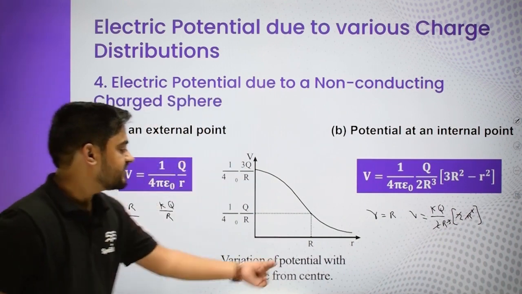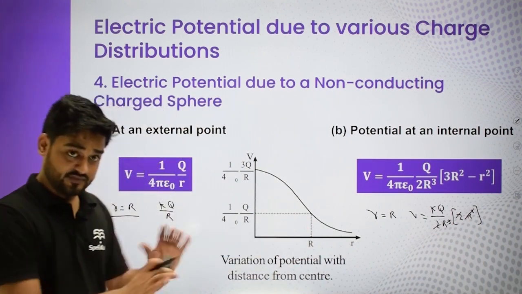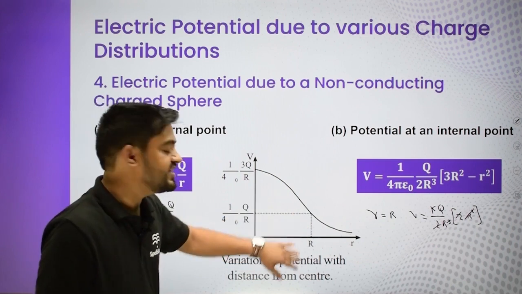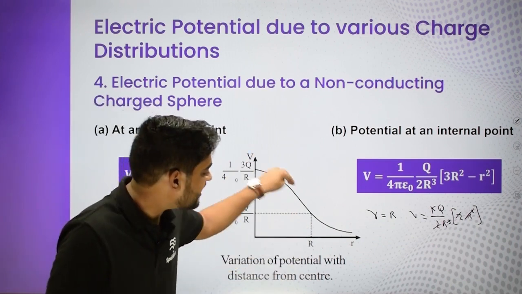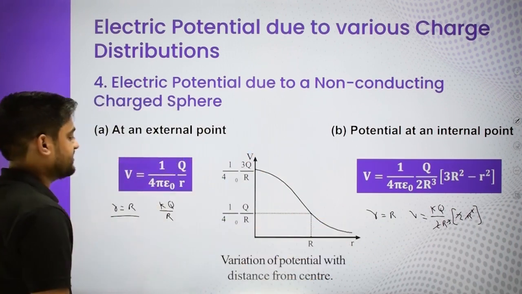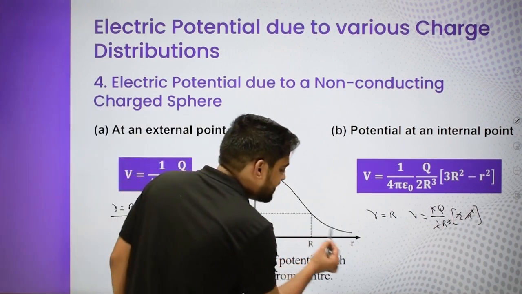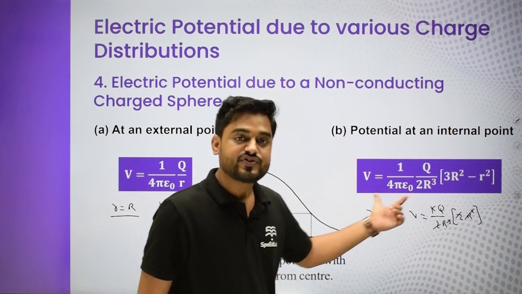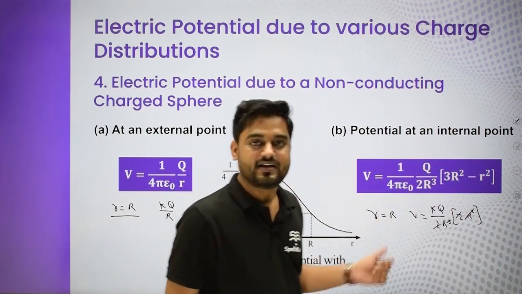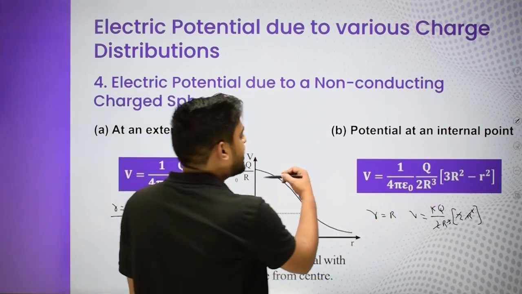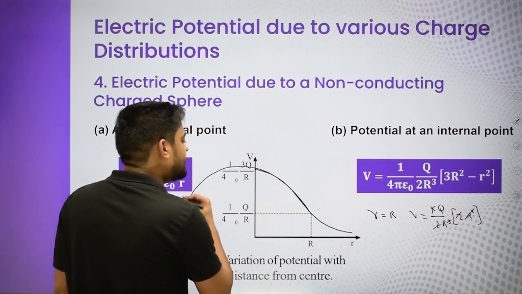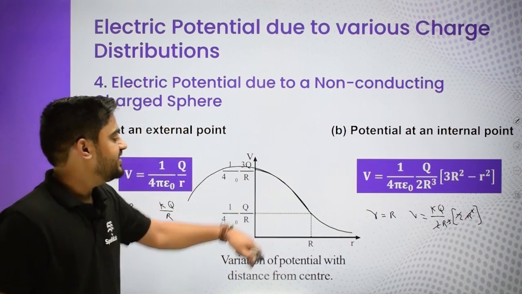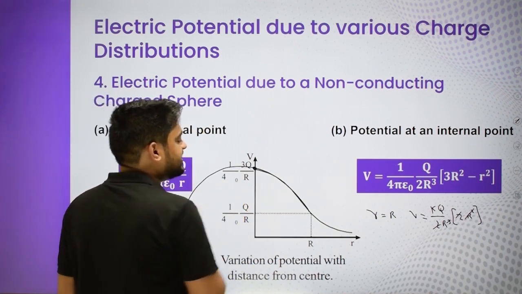So at the boundary of the sphere, it is continuous, right? The graph is continuous. So outside it has the same tendency, but inside we know that it is what? This is the graph. So against r it is a quadratic, a downward parabola. So this is part of the downward parabola and this is continuous. So this point is also important.